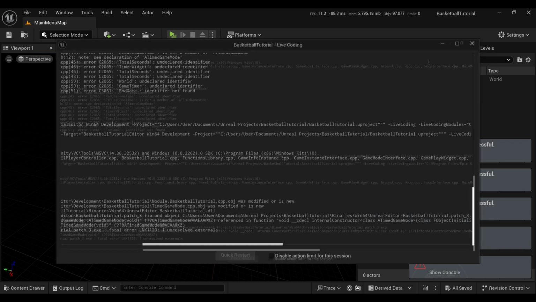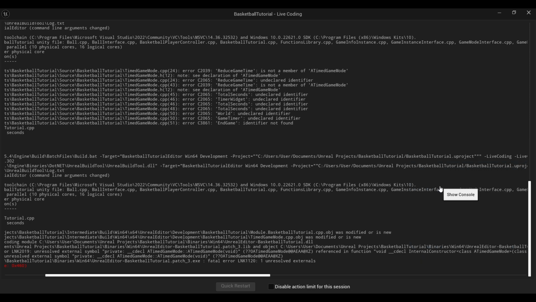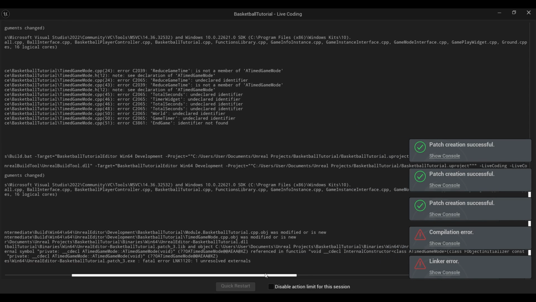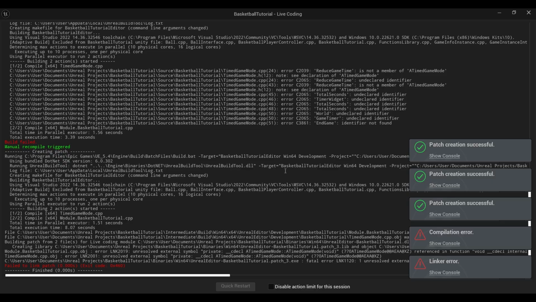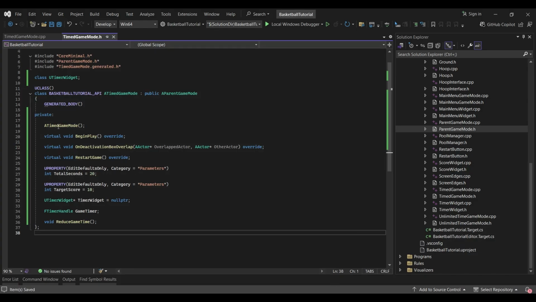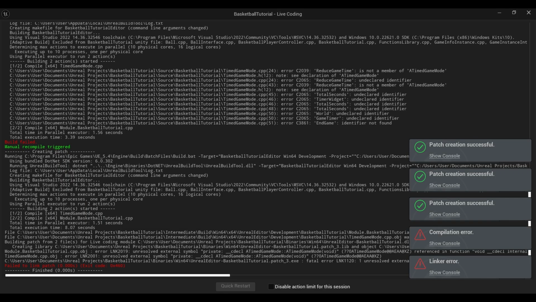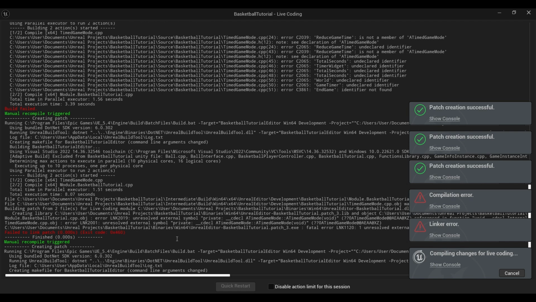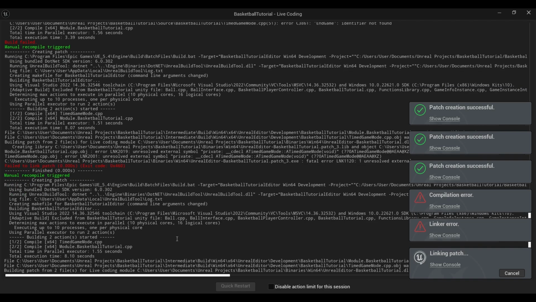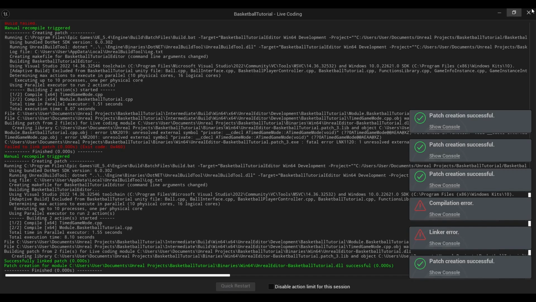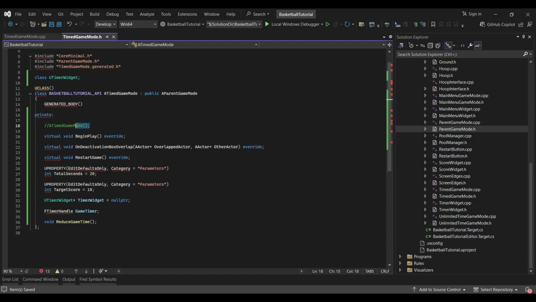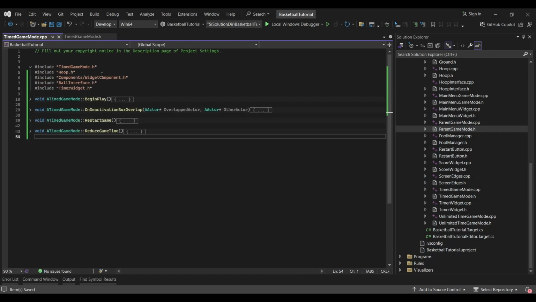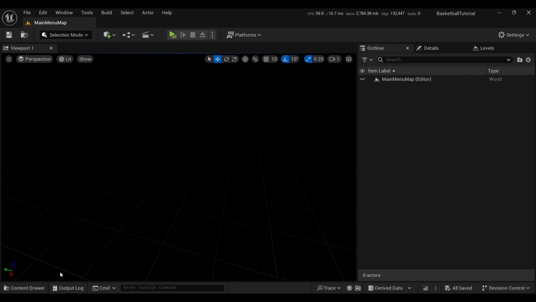I'm not sure what's wrong, but I think, let's see, let me just comment the constructor. Let's try again. Yeah, okay, so the problem was because the constructor was defined but never actually created here. So it's okay. Let's go and